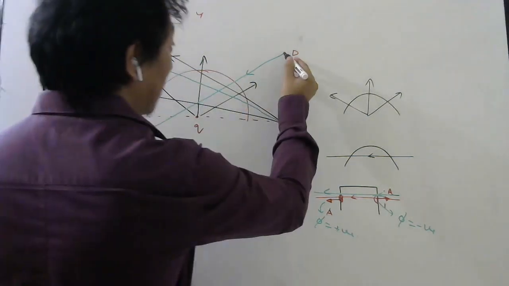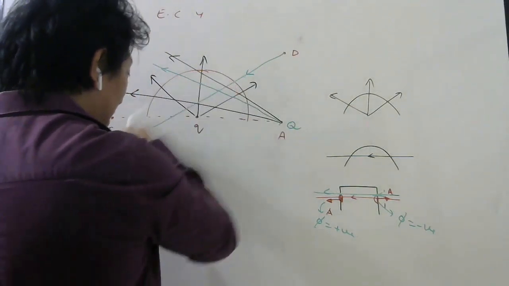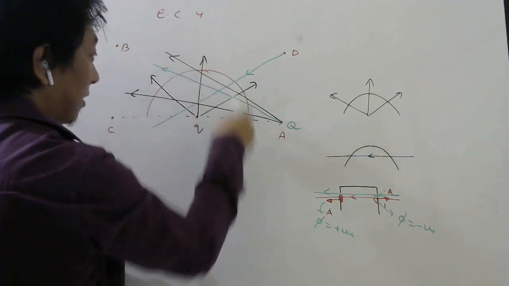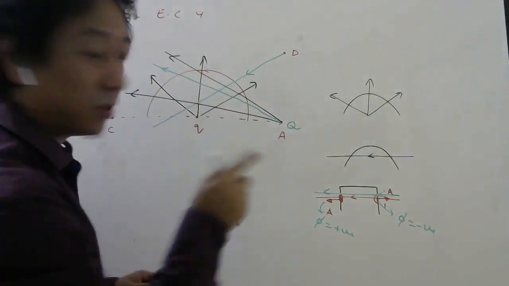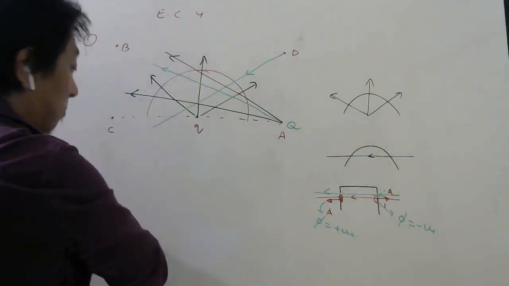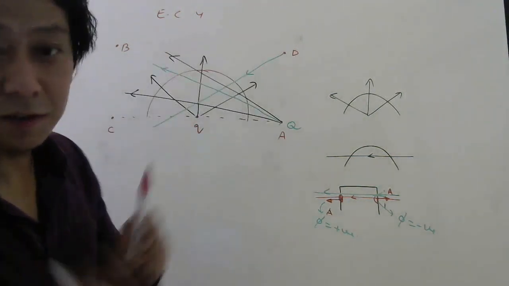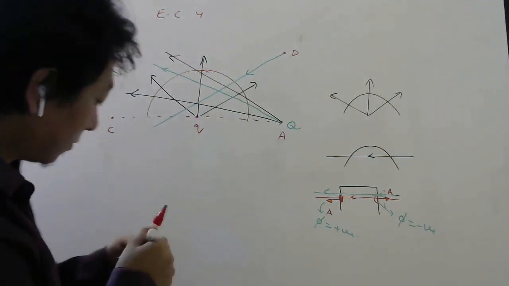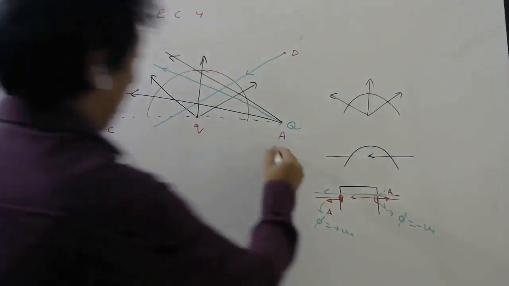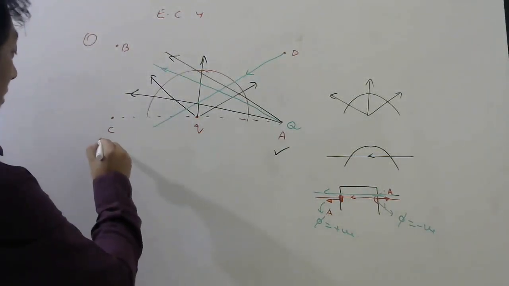But if you put charge here, then these lines are only entering, it is not leaving the surface. This surface is the surface in the question, this hemisphere. So these lines are only entering, but it is not coming out of this surface. So if you put the charge here, then the flux will change. So correct answer is A. If you keep, the flux will not change. Same thing you can say for C also.